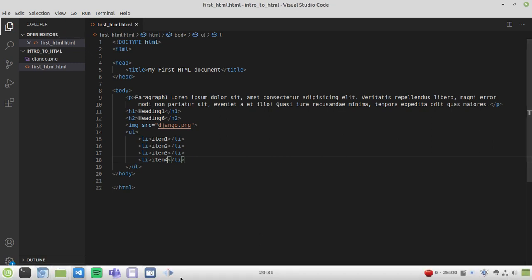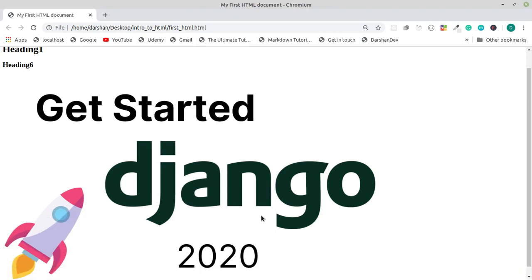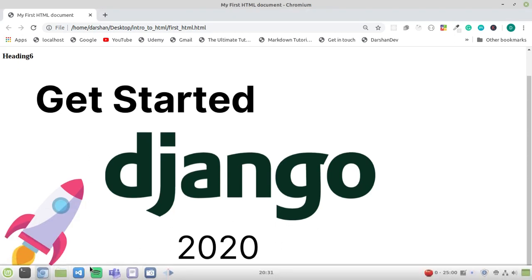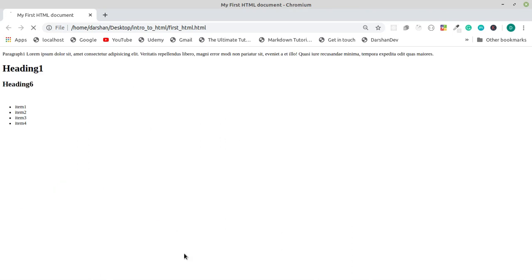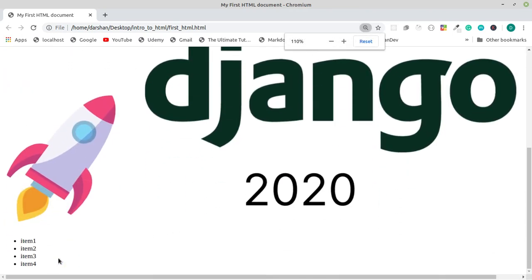You save it, go to your browser and refresh. You're going to see your list down here below the image. Here it is. We zoom in, and we see item 1, item 2, item 3, item 4. Unordered list means that it has no order. It may as well have been item 3 first and item 1 next, because here you have just dots, not numbers.